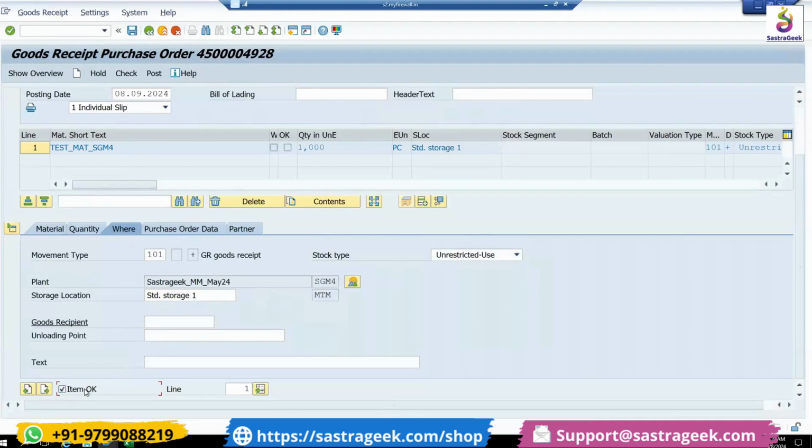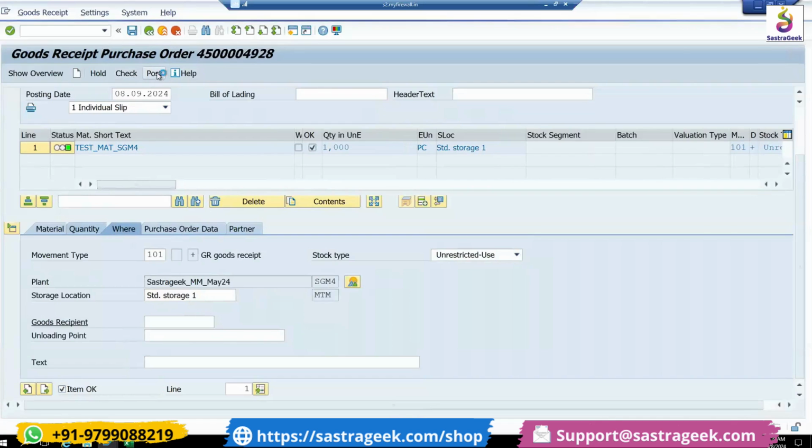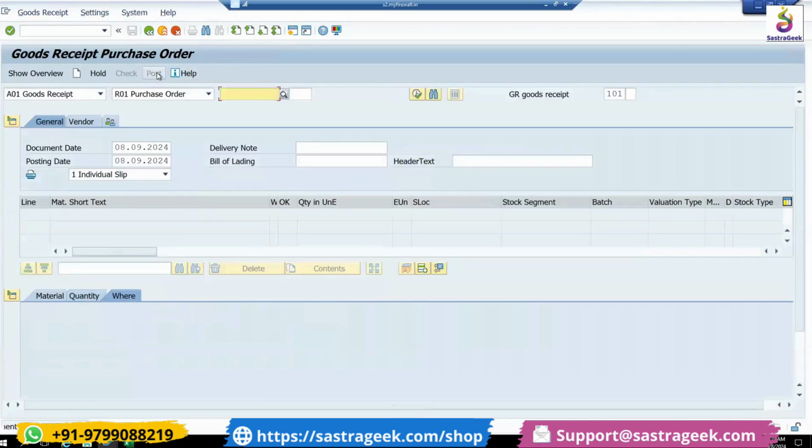Then there is the item OK. This indicates the item has been received and it has been stored. Click on item OK, check. SAP is saying the document is OK. That means we can post it. The material document has been posted. If we go back to our purchase order,